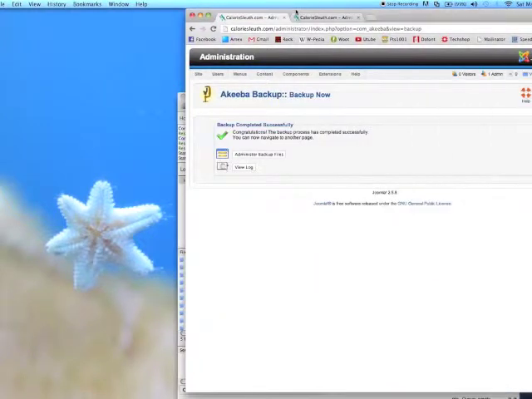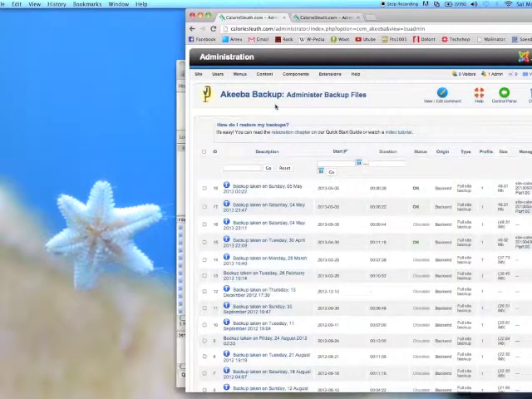Okay, we are back, and Akeeba has finished getting the backup files ready for you. Now we don't have to, but we can click on the administrator backup files. Okay, this is what the files look like. Looking at this through the Joomla administrator side, the JPA file is the important file, along with the log file,